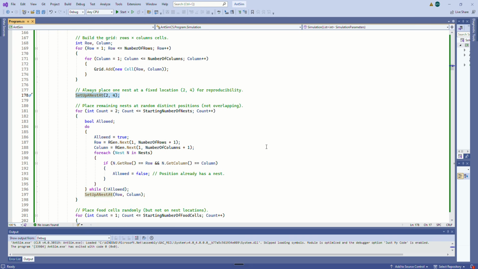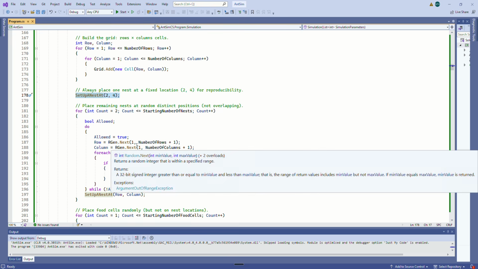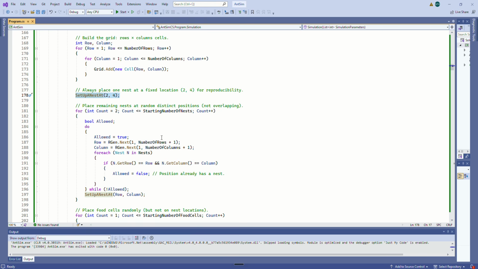Who knows? Okay, so the thing is, you can only have 1 nest in 1 particular grid position. You can't have 2 nests in 2, 4. So we've got this little routine here which makes sure that we're only placing a nest where there isn't a nest already. So we pick a random row and a random column, and we set up this Boolean value allowed equal to true. So we're assuming that we can put a nest there, but we're then going to check it, and we're going to go through this list here, which is nests,